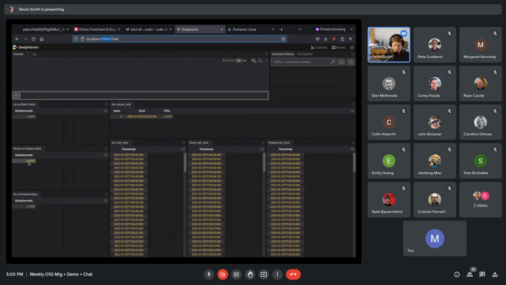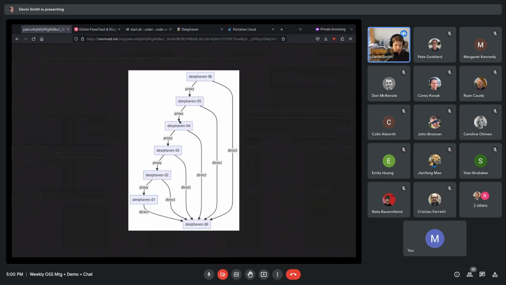And I chatted with Nate a little bit more specifically about this. What happens is that due to the batching, if the barrage infrastructure hasn't received any updates for a while and it receives a new batch of updates, it'll send those out immediately. So instead of waiting for the normal UGP cycle, when Deephaven 00 updates, it sends it to 01 and then immediately gets sent to 02 and so on and so forth. The end result being that there isn't much of a difference from 47 hops between this whole proxy orchestration setup